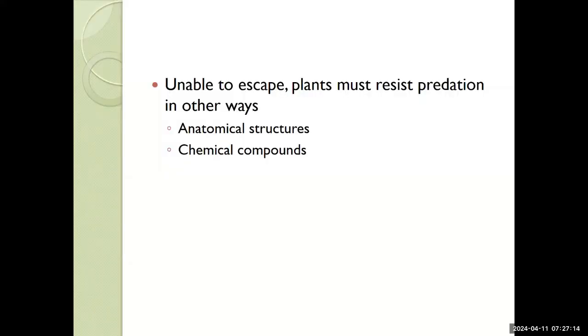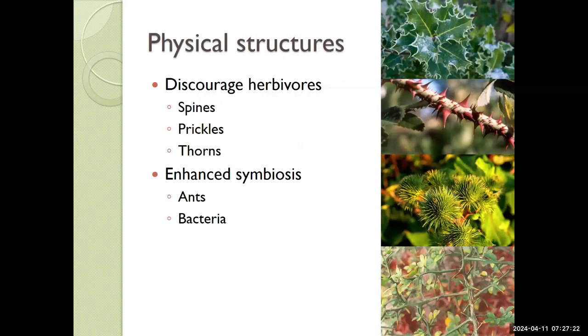Unable to escape, plants must resist predation in other ways. Plants have to resist predation or changes in the environment in unique ways. Sometimes this can involve anatomical structures, physical features that might discourage an herbivore from eating it. Spines, prickles, thorns are going to come at a cost if something's trying to chew or bite or nestle into that plant. Another way plants can survive is through chemical features and enhanced symbioses, relationships with other organisms like ants